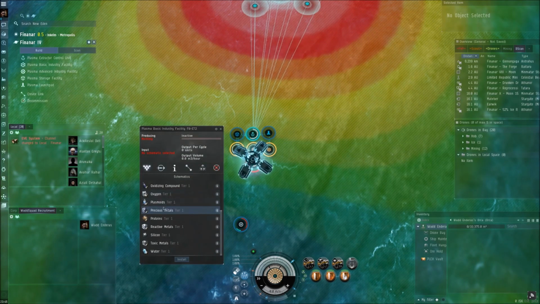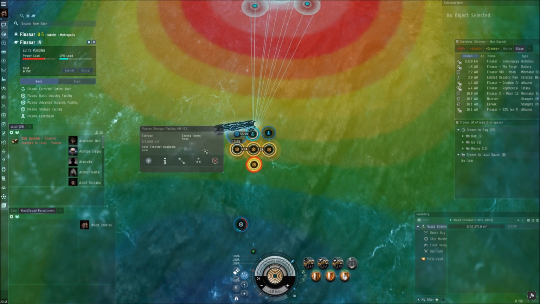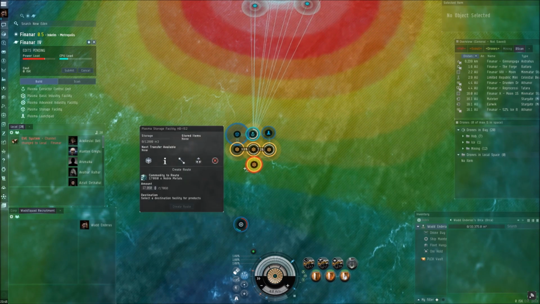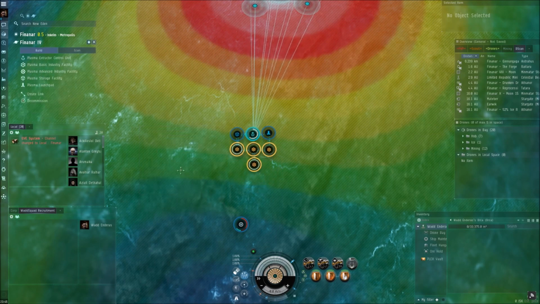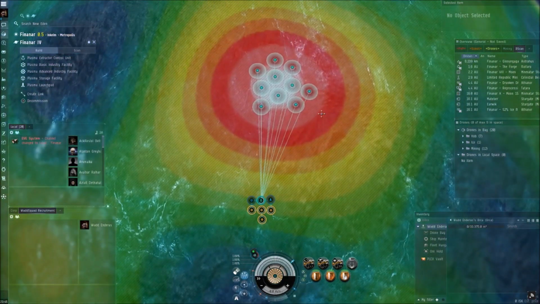This precious metals install to the launch pad. Create route. Over here. This incoming. Create route to there. Create route. Submit. There. So that is our full PI setup, where we're going from extracting T0 noble metals,